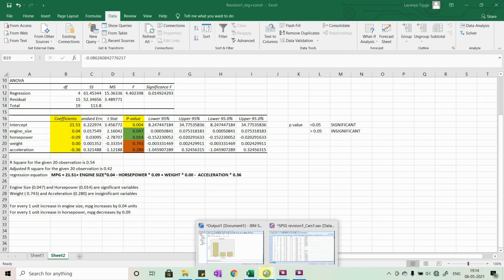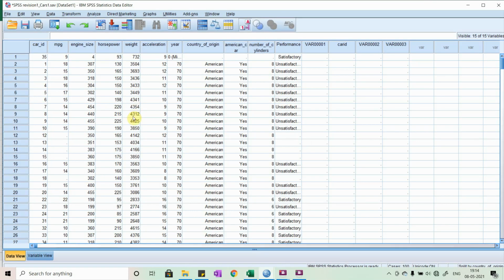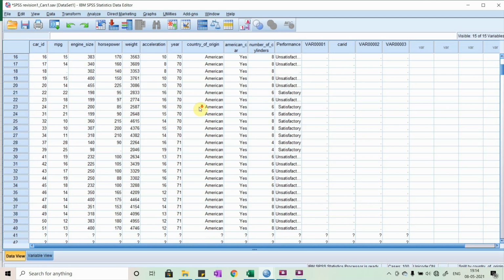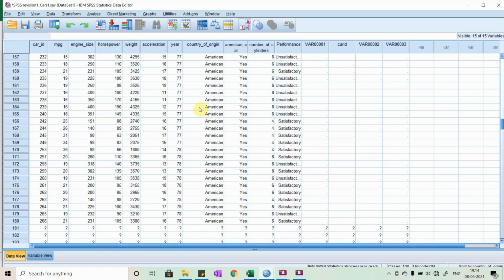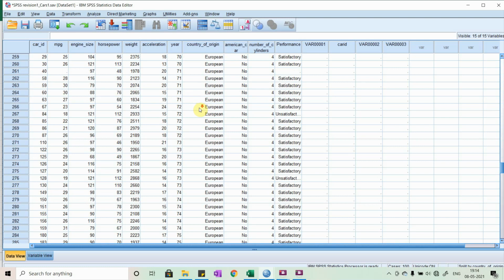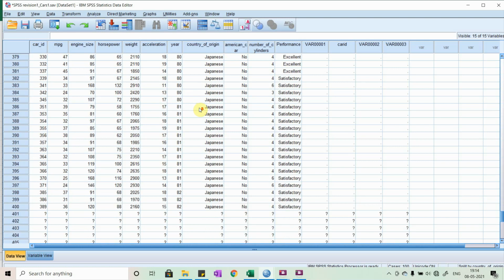So you go back to the SPSS data view window, and you will see that the file has been split according to country of origin.